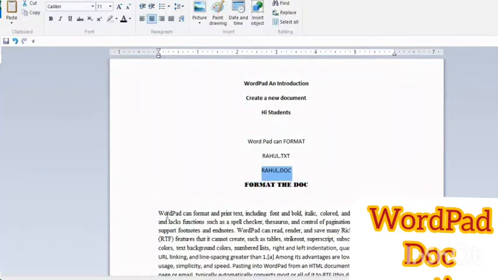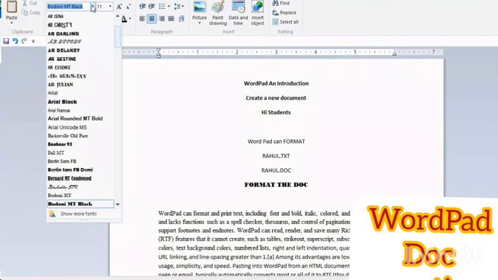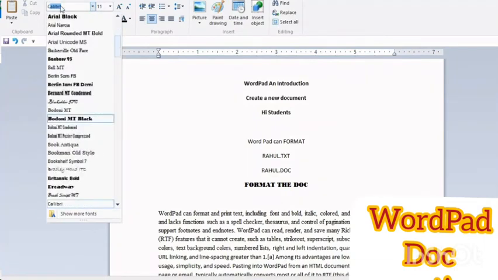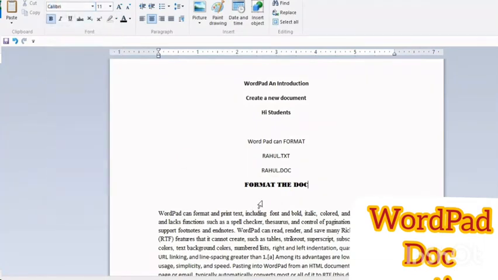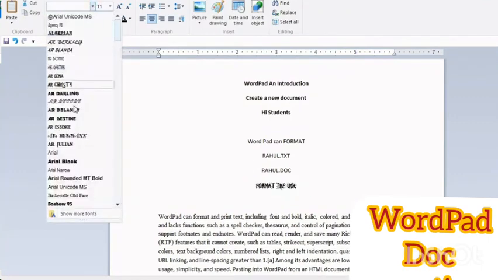See, the word gets highlighted as shown. Before typing, you must select a format when you want to change the font of particular text. That time, the text must be highlighted. Okay, understood?